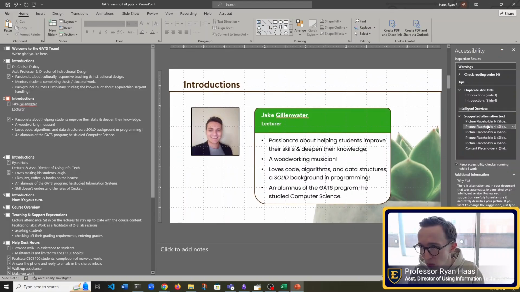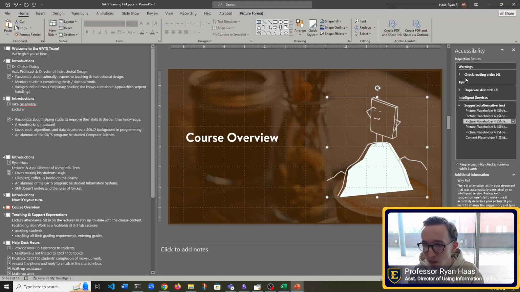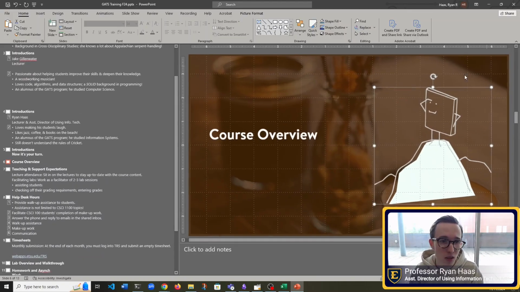So then I could keep going through these and tweaking it and making sure I have good alt text on all of these. And then at the end result, I should get rid of all of these problems. And so the warnings aren't necessarily things we have to fix, but things like this, these suggestions, we need to fix for sure.